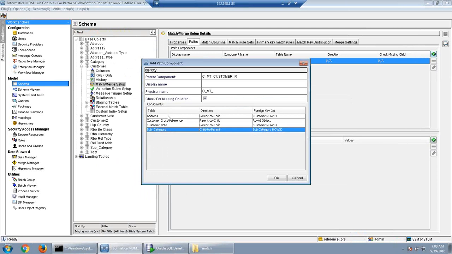Suppose I want address here, so we can put a name here, and the physical name will get created based on the display name. We can modify the display name if required, then just select the base object name and click on OK.